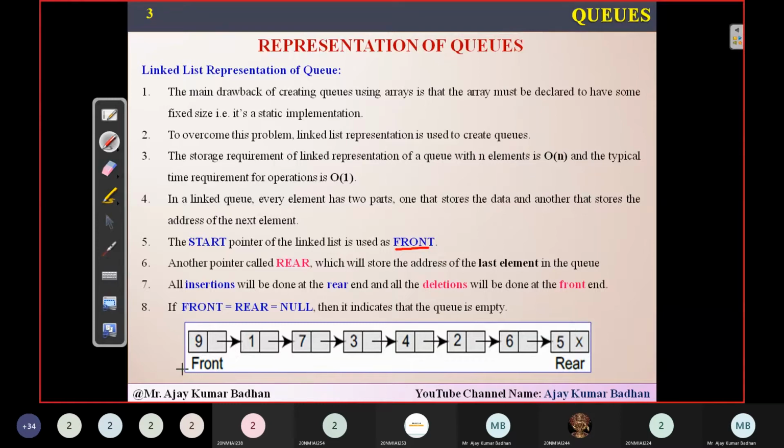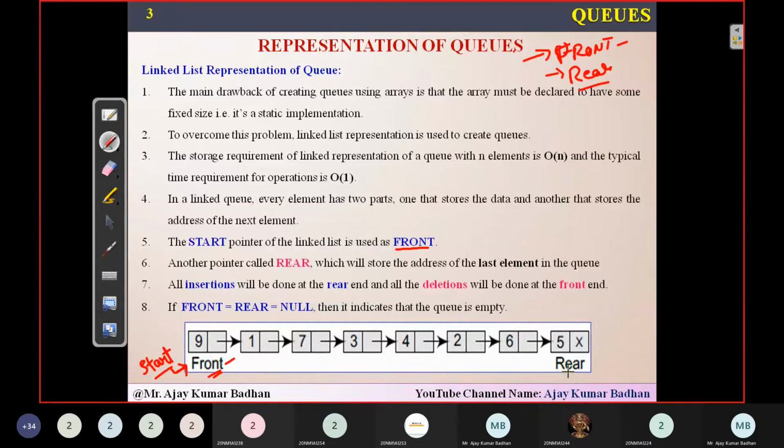When we discussed linked lists, we represented that with a pointer variable called start, and here I am representing that start variable with something called front, because in queues we said there are two different variables we use, front and rear. Rear is used to insert the element, and front is used to delete the element. Front always represents the first, topmost element, the first element that was inserted. That is what is represented by the pointer variable front.